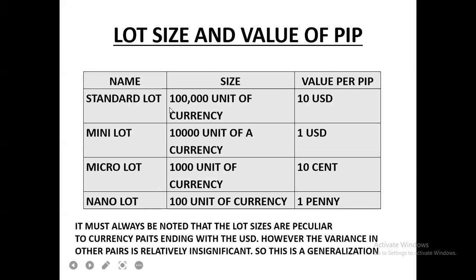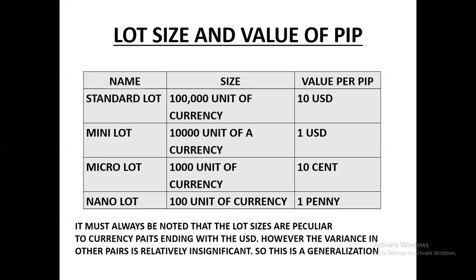Now, here we have the standard lot. I can control up to 100,000 units. Now, that means I can control more than that. But whatever I'm going to control in standard lot must be in multiples of 100,000 units. What I mean is that I can control 200,000 units here in standard lot. I can also control 300,000 units of currency. I can control as many units as I want, but it has to be in multiples of 100,000 units